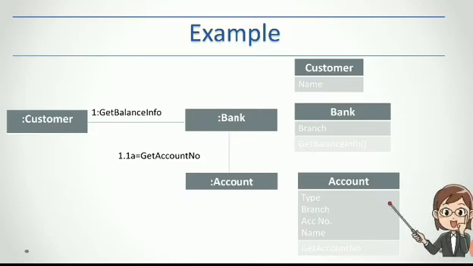High cohesion means the classes are sticking together. In an object-oriented system, cohesion is a measure of the relatedness of all the elements. Here in this picture, bank is an information expert class. Bank is responsible for getting the balance information of a particular customer, as well as being connected with the account of that customer. So by considering the account number, the bank class can get the balance of a particular customer. So this is how the information expert class works.